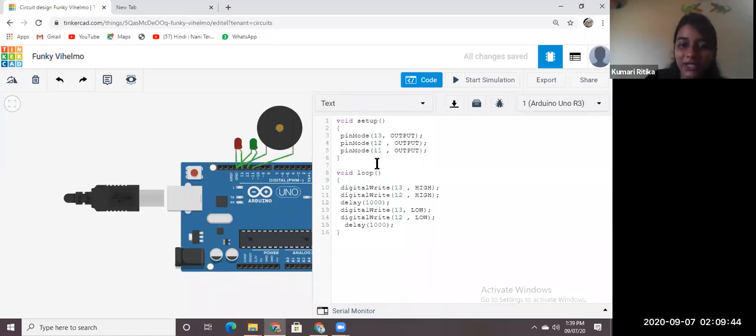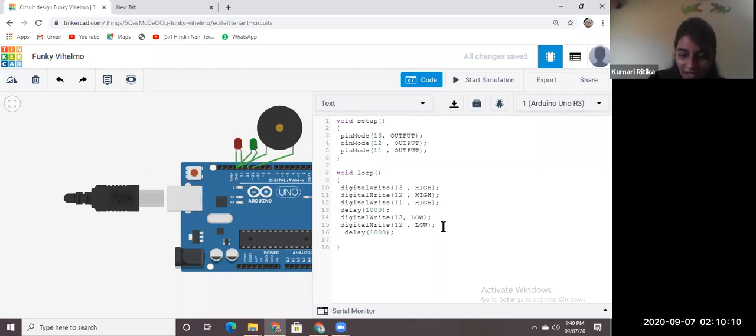And then turn on the piezo over here. You can do it anywhere, like after the last line, you can turn it on. Let's say I'll turn it on over here. Digital write, and then the pin number is 11 again, and then high.